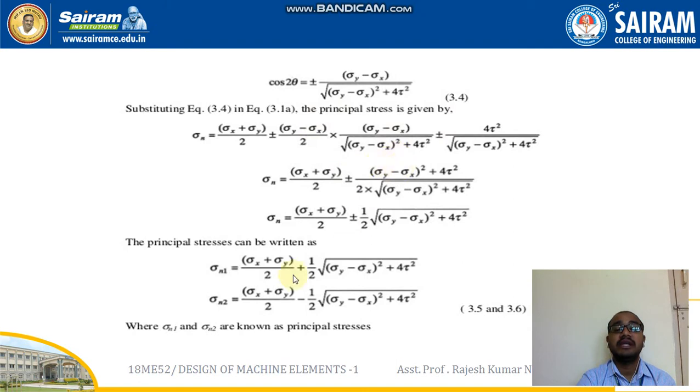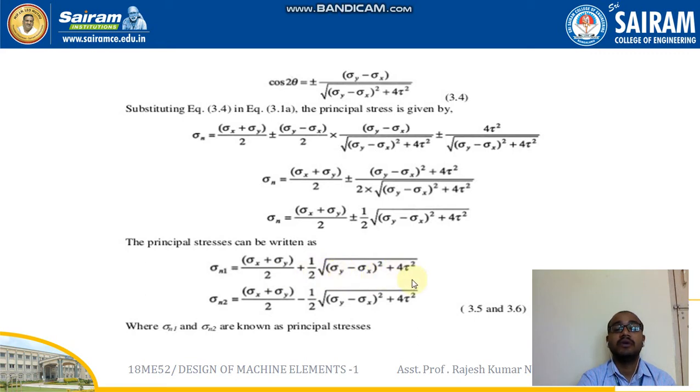By simplifying these equations, finally I will be getting sigma n is equal to (sigma x plus sigma y) by 2 plus or minus 1 by 2 square root of (sigma y minus sigma x) whole square plus 4 tau square. So the principal stresses can be written for plane 1 and plane 2 as sigma n1 is equal to (sigma x plus sigma y) by 2 plus 1 by 2 square root of (sigma y minus sigma x) whole square plus 4 tau square,